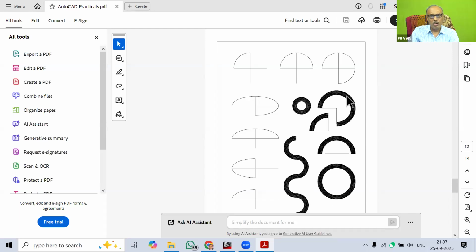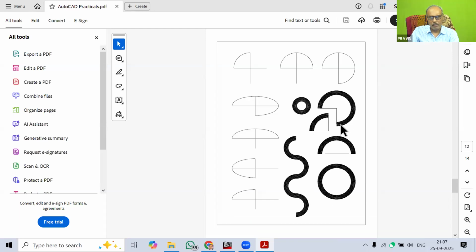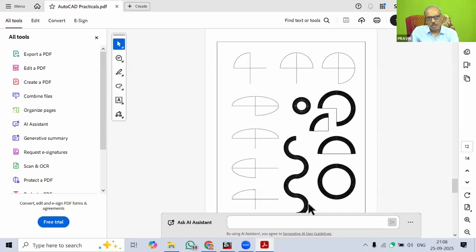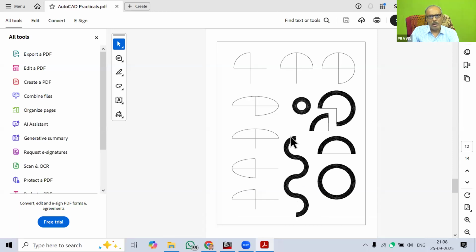So this is also drawn with the help of arc command. लाइन और आर्क का कॉम्बिनेशन करके मैंने इस प्रकार से क्वार्टर सर्कल बनाना है या फुल सर्कल बनाना है, थिकनेस उसकी दी होगी आपको. Now this is type of 3/4 quarter circle, or this type of half round circle, and this type of full circle, and this type of curve. So this is having the curve with thickness and then arc and polyline command. So this is arc and polyline command.